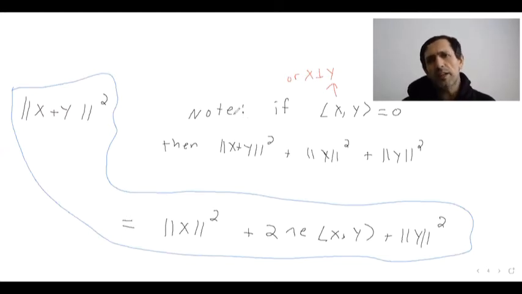Okay? So again, this is called the Pythagorean theorem. It follows exactly, as a trivial corollary from what I have here. Okay, and if this is true, yeah, we call x and y perpendicular or orthogonal. I don't know exactly the literal meaning of orthogonal. I think it's Greek, or Latin, whatever. But anyway,